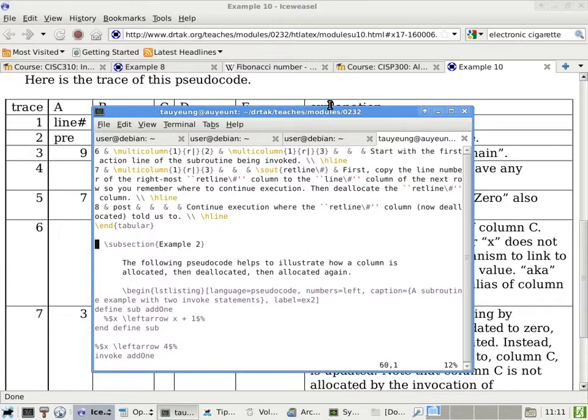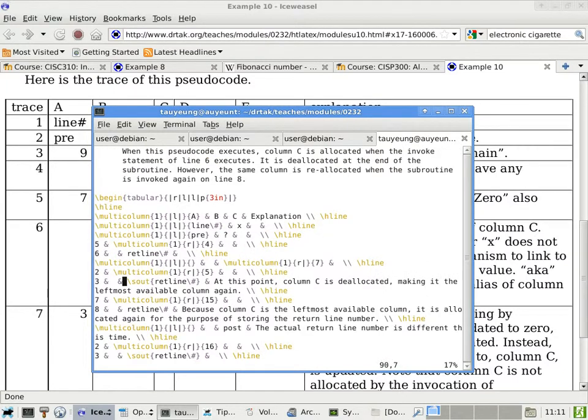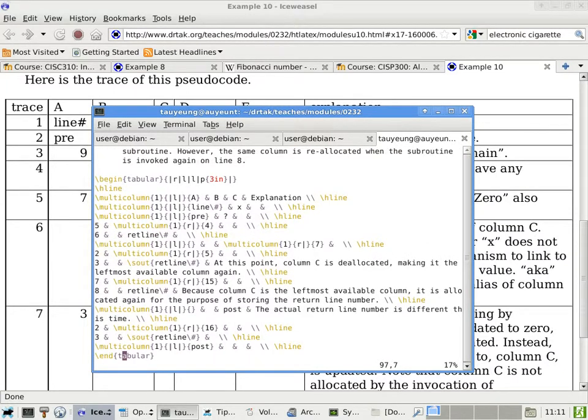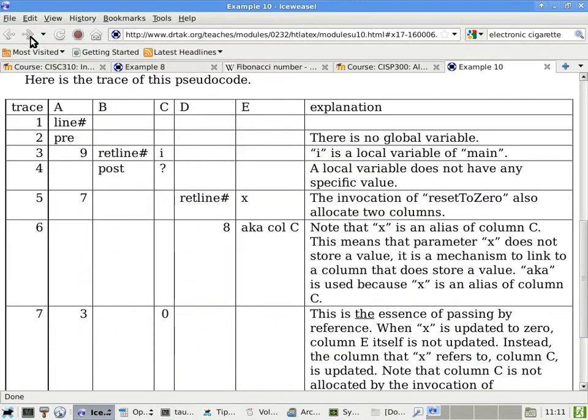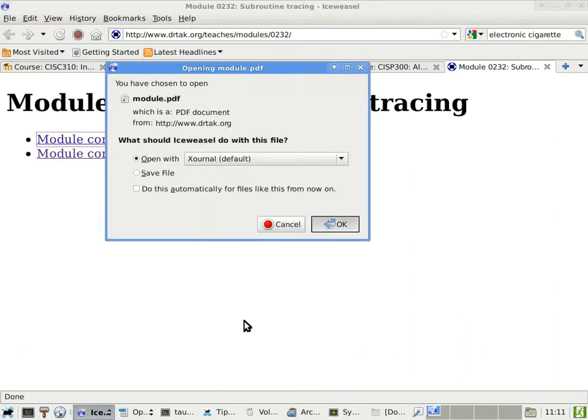The code that you see is the purple stuff here, and the table that you see is this stuff here. And that's why it takes a little bit of time to do it, because it is not WYSIWYG. But the nice part of doing it this way is this. If you go all the way back and look at the PDF,